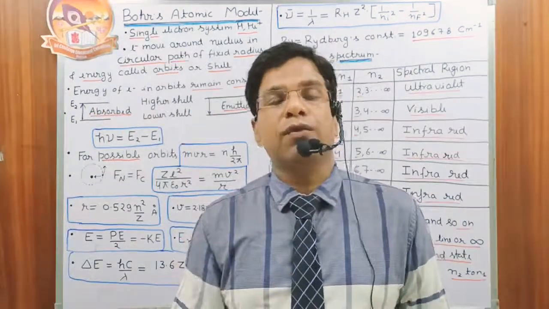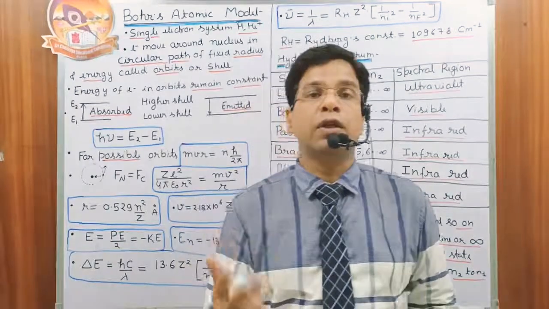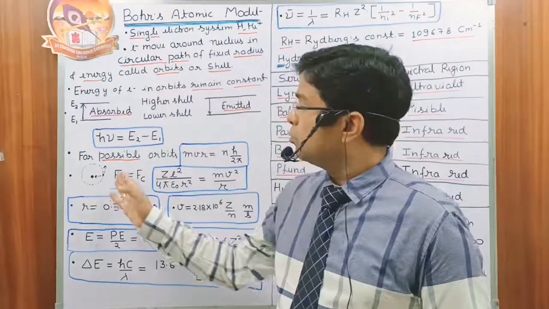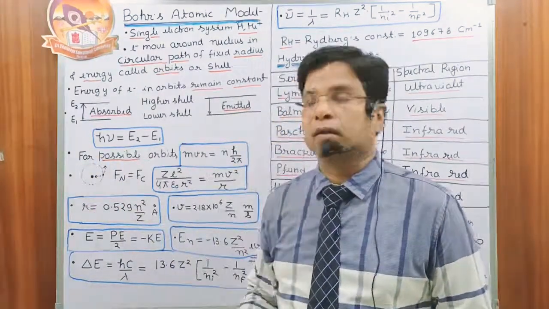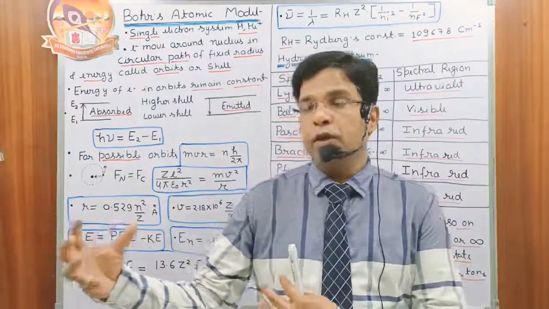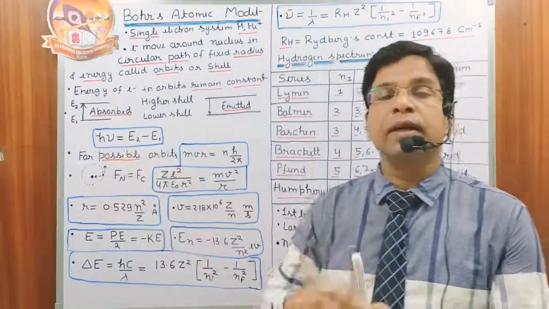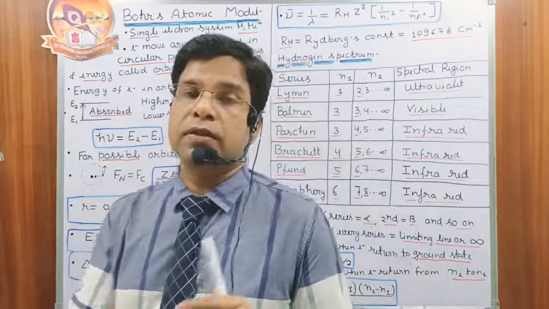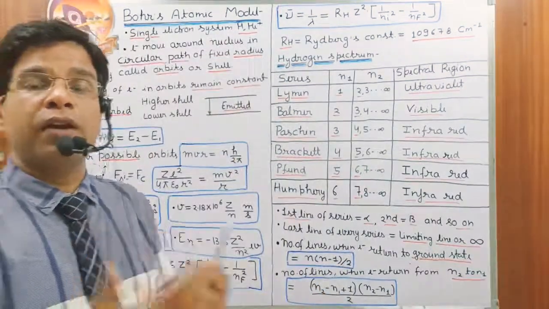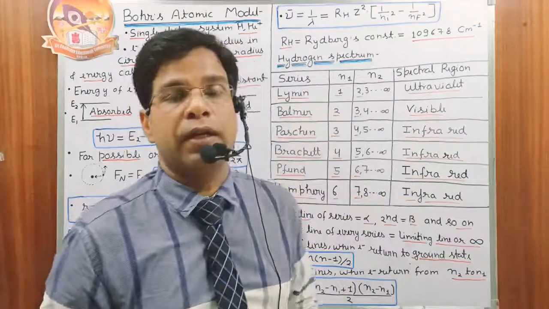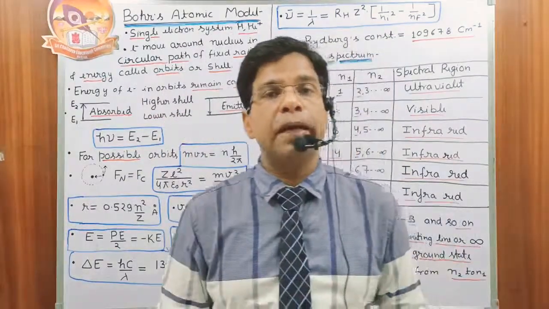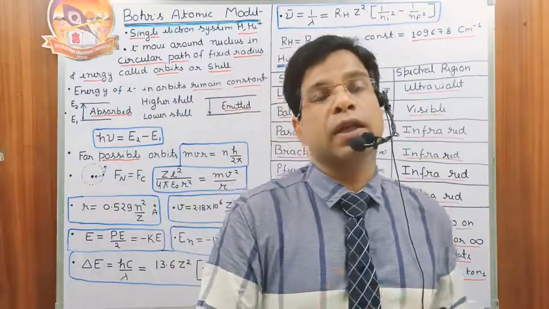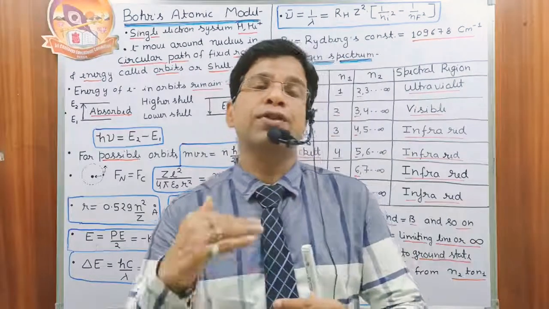If n is equal to 1, we are talking about the first shell. If n is equal to 2, we are talking about the second shell, and so on. When electron moves in this circular path around the nucleus, the nucleus attracts the electron in the inside direction, that is the Coulombic force. But this circular motion also creates one centrifugal force which works in the outside direction. If these two forces are balanced, then the electron moves neither toward the outside nor toward the inside, meaning it remains attached to the same shell.